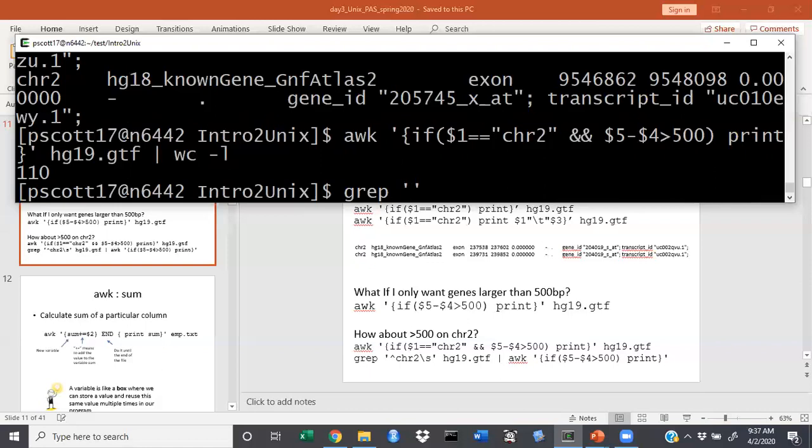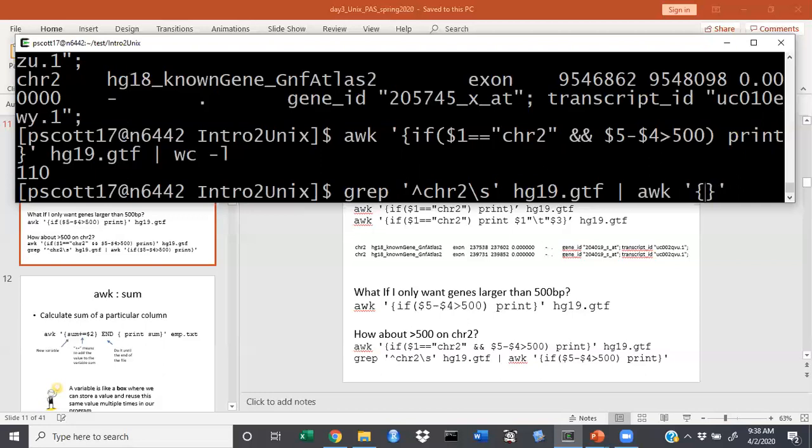And here, remember, because our file is kind of complicated, we're grepping only those things that start with chromosome 2, and now we have an escape S. So now we're grabbing all lines that start with chromosome 2 and then have a space. And so we're now not including chromosome 21 or 22 in HG19. And then we can pipe that into awk,